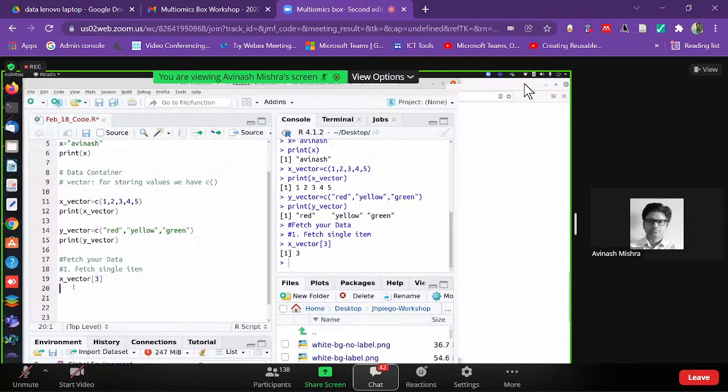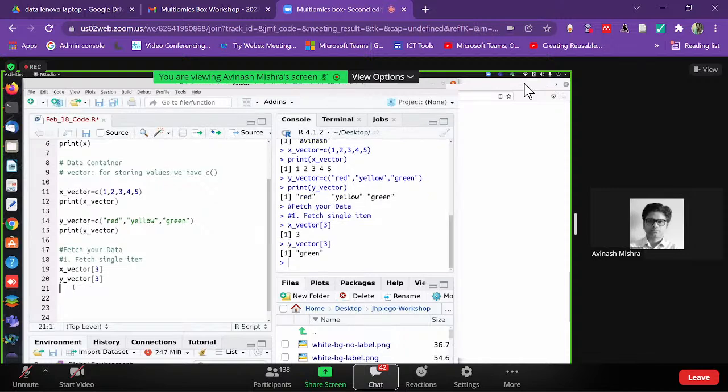Same you do for the y vector and say 3. So I'm fetching it, so there is something to output, something to show. Green. Now the next fetching is